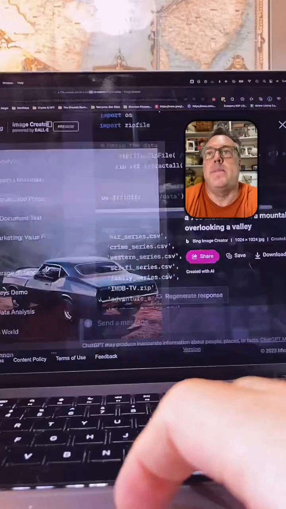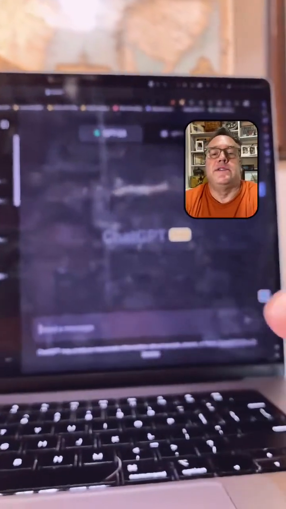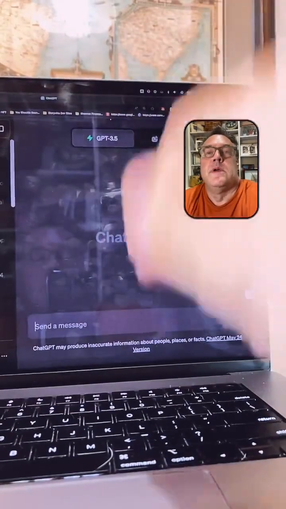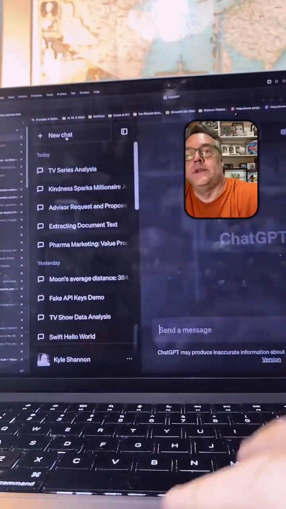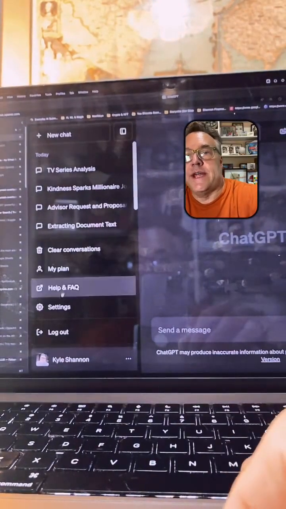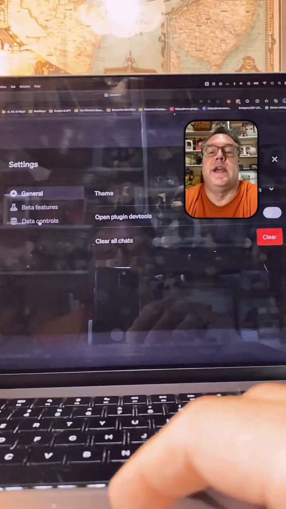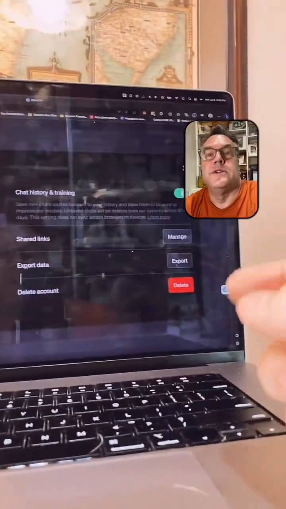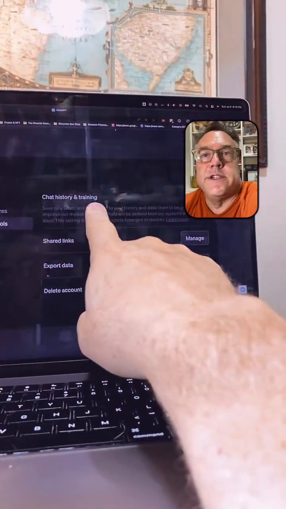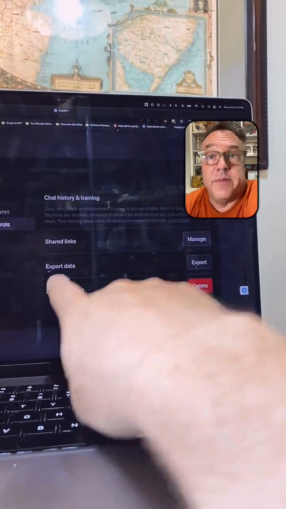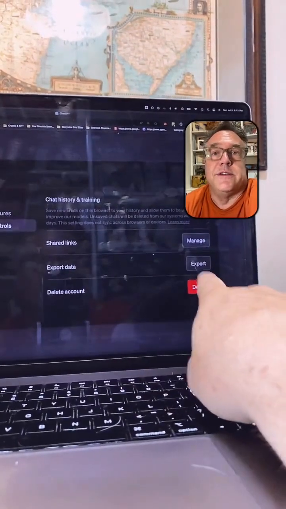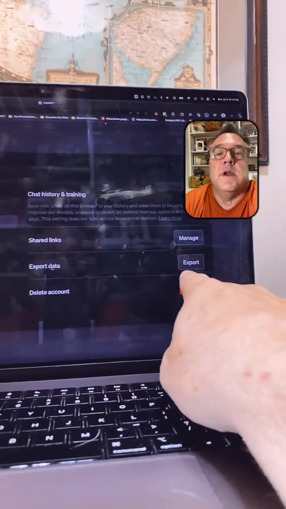When I put my text in a prompt, it is now owned by ChatGPT. Yeah, but you can turn that off. Let me show you how. New chat. Okay, so if you're at ChatGPT, you've got your chat history here, your prompt history. If you go to your settings, within settings, there's this thing called data controls. So go to data controls, and then this top one is clear your history and training. This will get rid of all of your prompt history. So if you want your prompt history, make sure you export it first. You can export your data. So make sure you do that if you want to save your prompts.